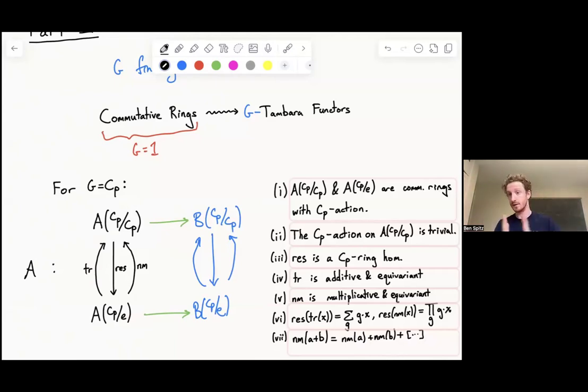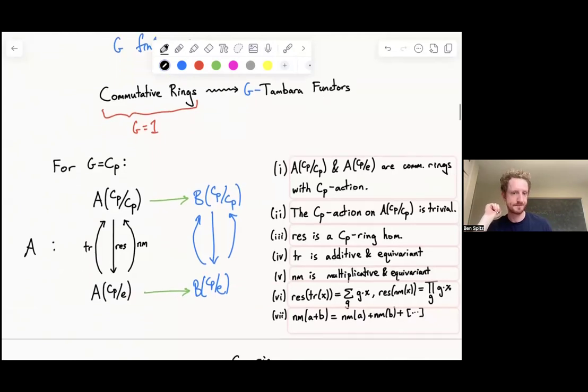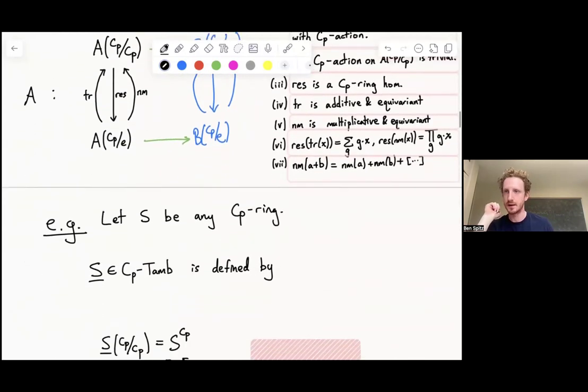And always, whenever there's an inclusion of subgroups, I get these 3 maps, the restriction, the transfer, and the norm going between those various levels of the Tambara functor. Okay, but the CP case at least is something I can write down and we can see pictures of. So I'm going to stick with drawing pictures of CP Tambara functors, but our results will work for any finite group G. Okay, cool. So that's what a CP Tambara functor is.